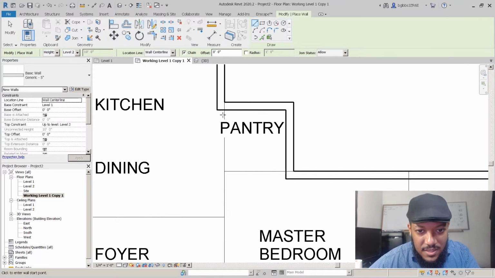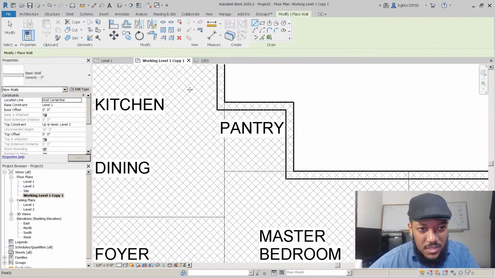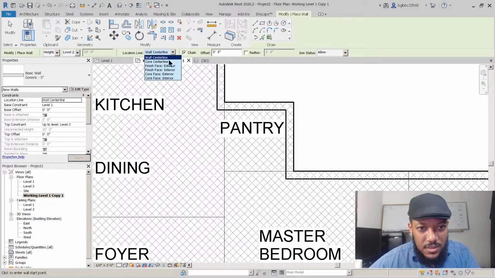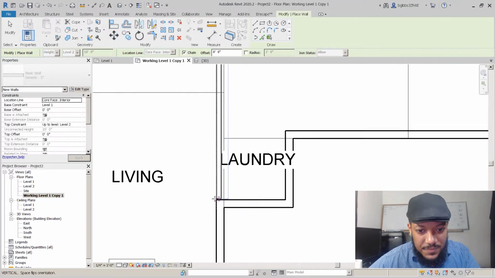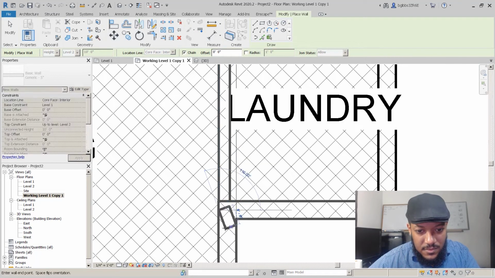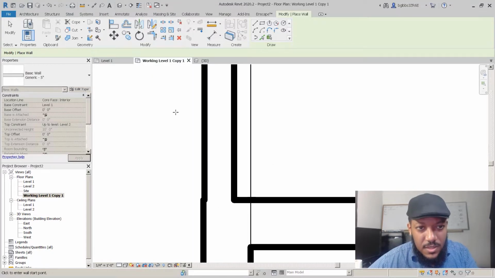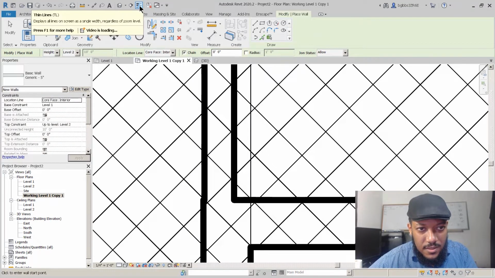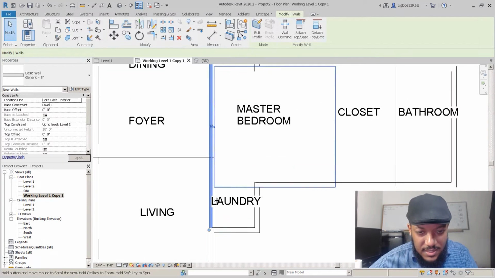is, well, we make sure that we're using the side of the wall that we want. We're going up to level 2. We want to go to the core face interior, and we're going to connect this wall and automatically connect it. Though if we look at our line weights, you see these aren't exactly connected, so we